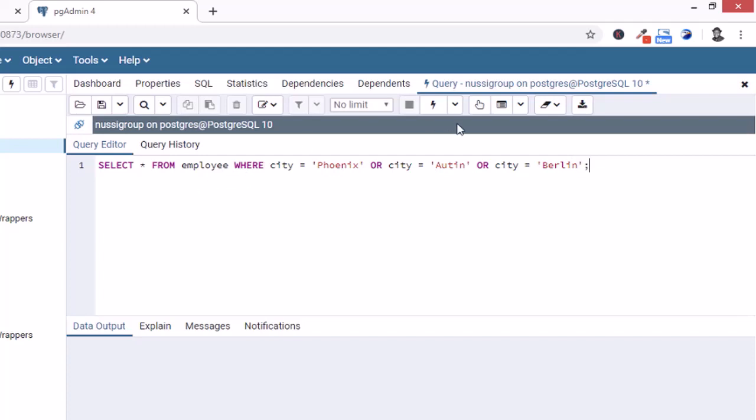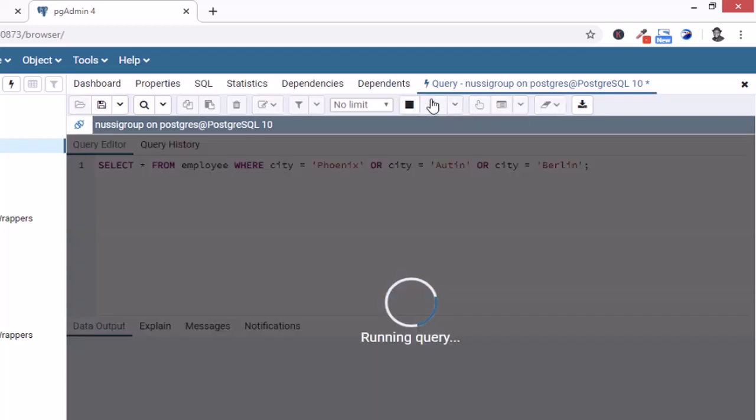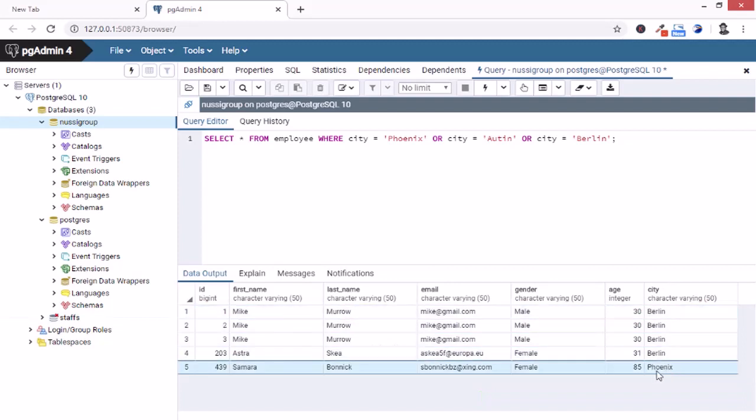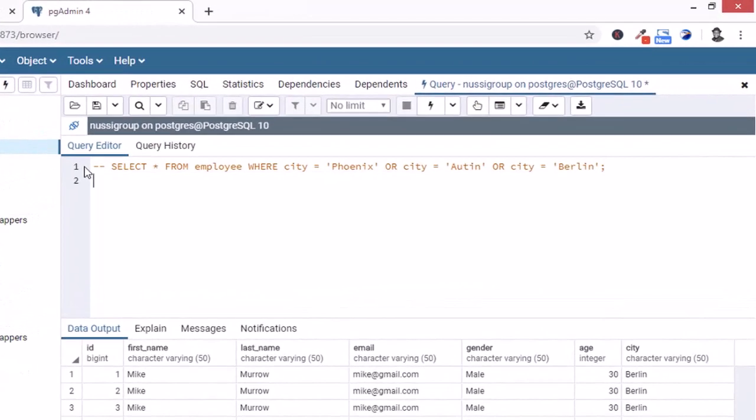If I run this query, here we can see that it retrieves all records where cities are equal to Berlin or Phoenix. So we have an alternative way of doing this, that is using the IN operator. So instead of writing it this way, I can simply say select all from